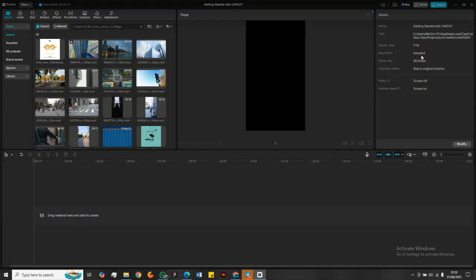Resolution is adaptive, because depending on your system RAM and whatever properties, it can present your video in a blurry view. But again, resolution does not matter. When you want to export it out, you can select the perfect resolution for your video. But your system capability is going to determine whatever is going to be here. So I'll leave it on adaptive,